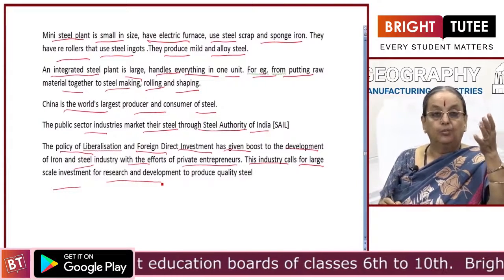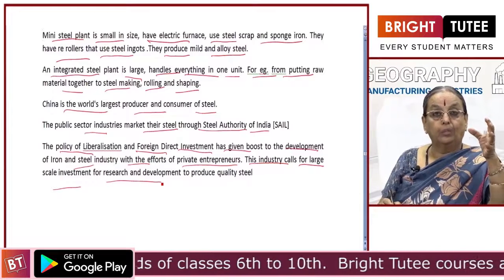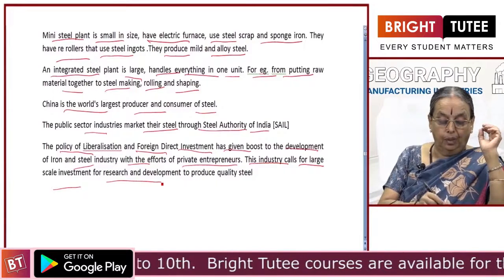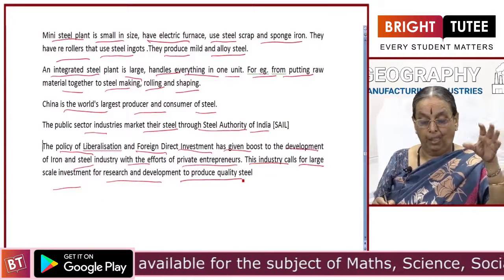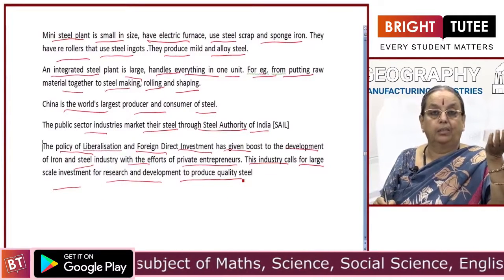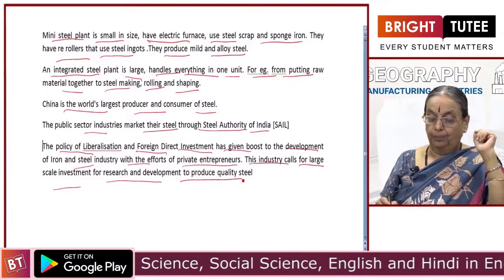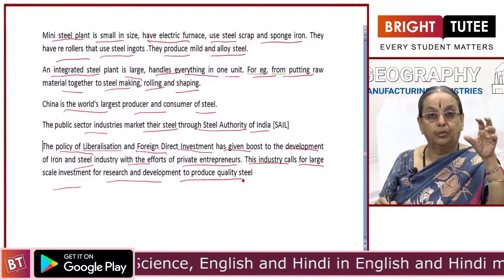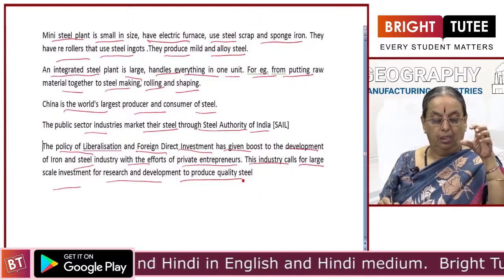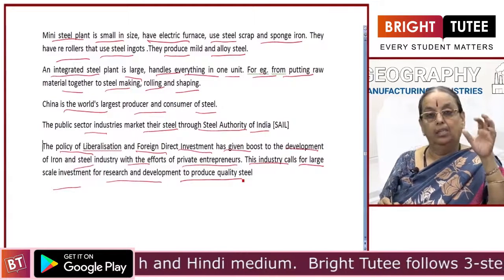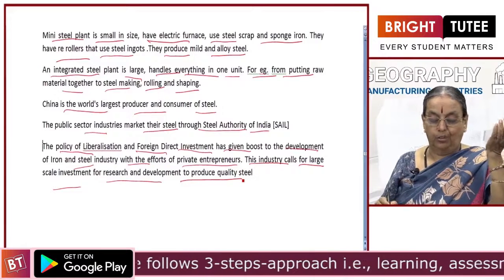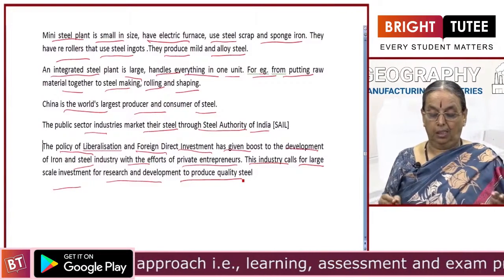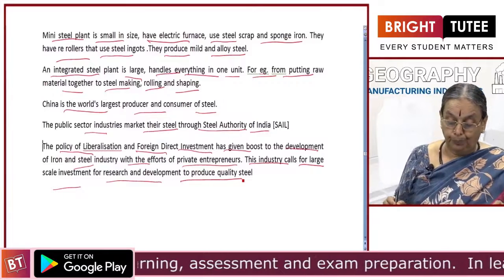So, naturally we need to allocate more funds, especially for research and development to produce quality steel. Then alone we can find a better market for our goods. So, that way this industry calls for more allocation of funds, especially for research and development, by which we can improve the quality of our iron and steel goods. So, that way these policies have been able to do